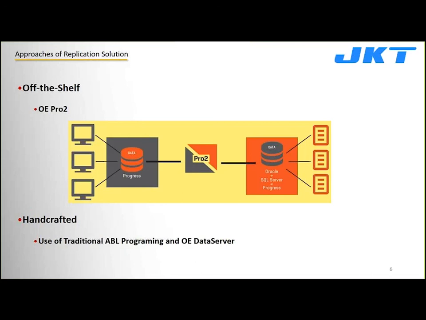One is an off-the-shelf solution and the other one is a handcrafted solution. The off-the-shelf solution is Progress OpenEdge Pro2. Pro2 removes connectivity limitations without disruption to normal business operations or risk to your system of record. You can use Pro2 to create a channel for transferring Progress OpenEdge data into a target SQL Server, Oracle,